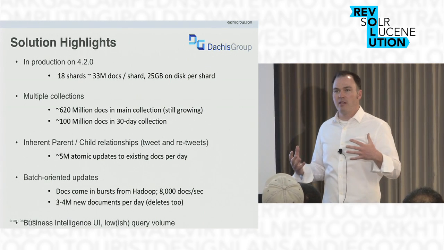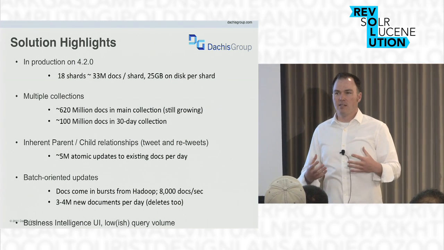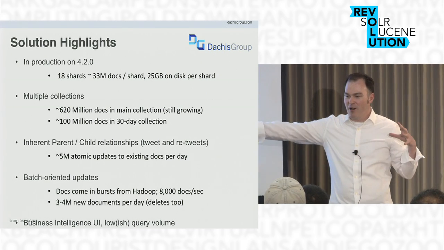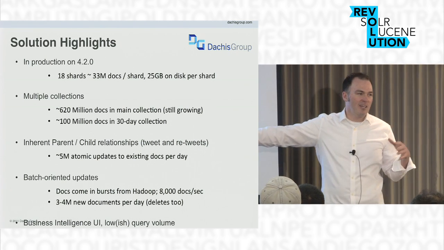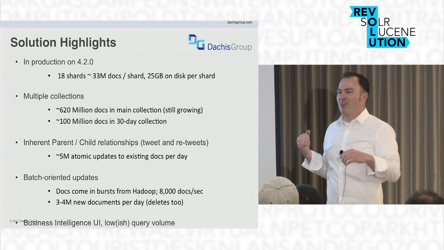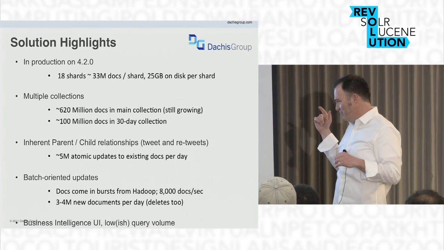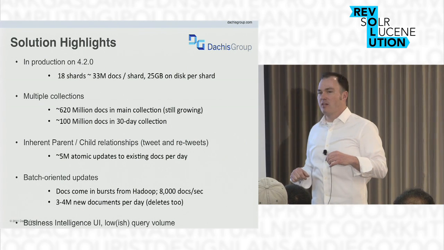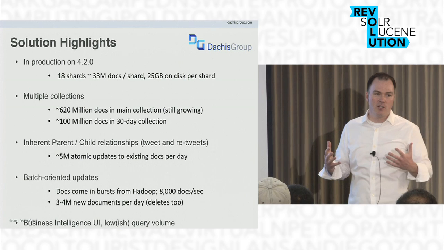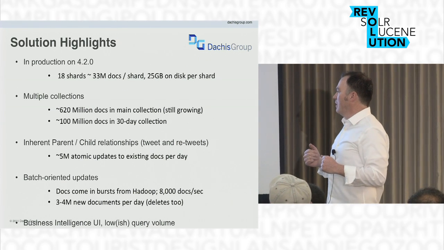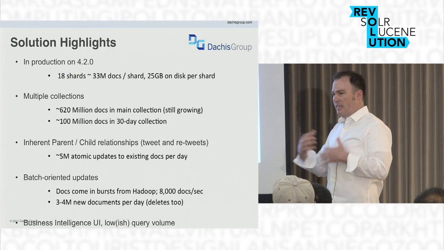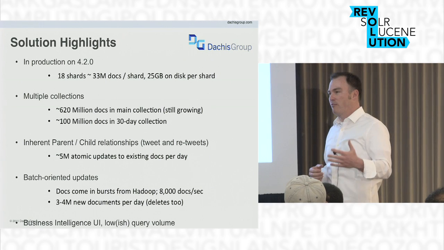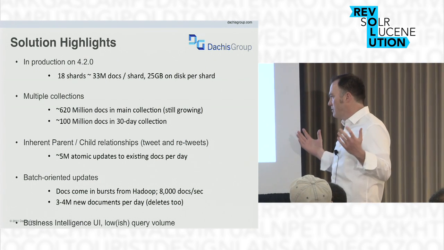But what that ends up meaning is our search index gets indexed in bursts, right? So instead of trickling out millions of documents throughout the day, we send millions of documents a couple times a day. And with Solr Cloud, we're reaching like 8,000 docs per second indexing throughput rate with our cluster, which I think is pretty awesome. And we're also constantly deleting, shaving off old docs as well. So there's a lot of change in our index going on every day,